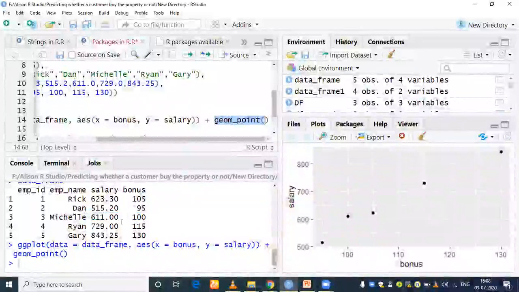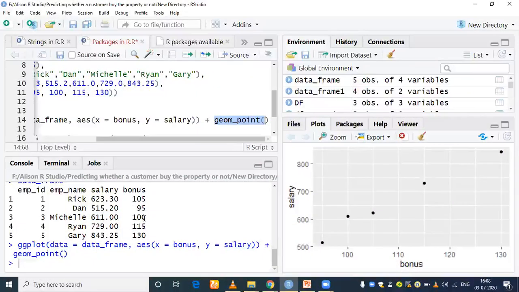Can you see this one? If the value of bonus is 100, the salary is 611. See here, if the bonus that we have plotted on the x-axis is 100, the corresponding value for salary that we have plotted on the y-axis is 611. And then next, what is this, 105.